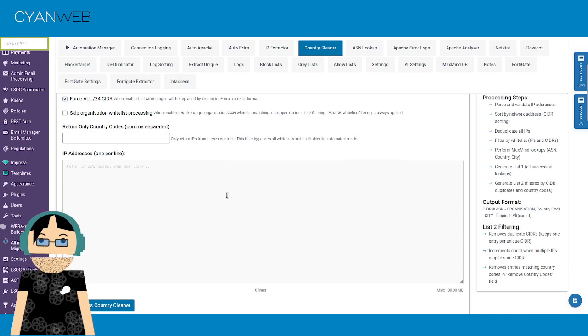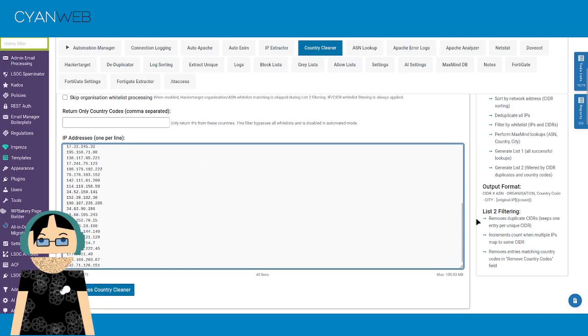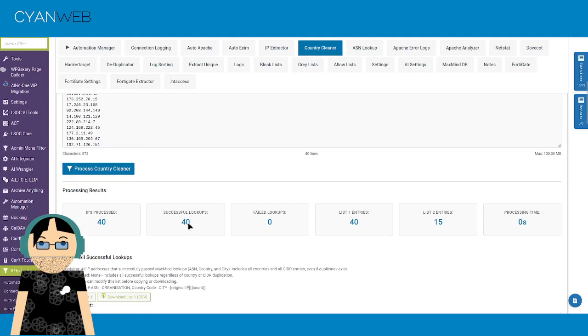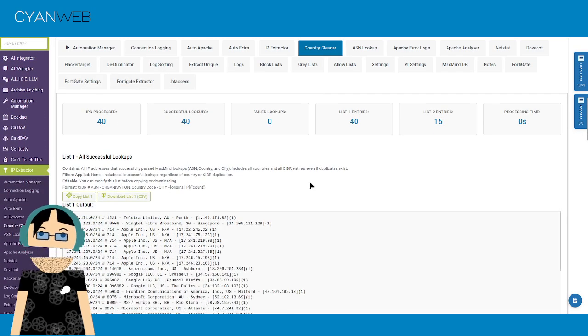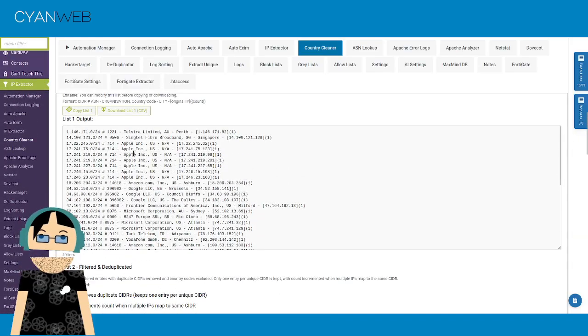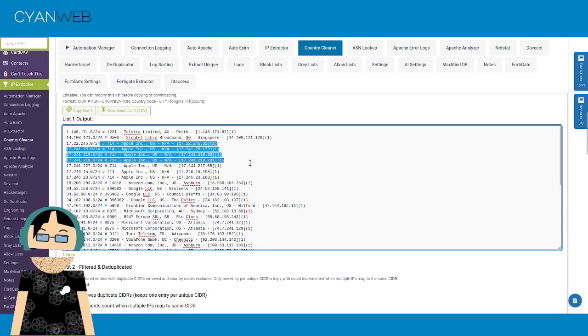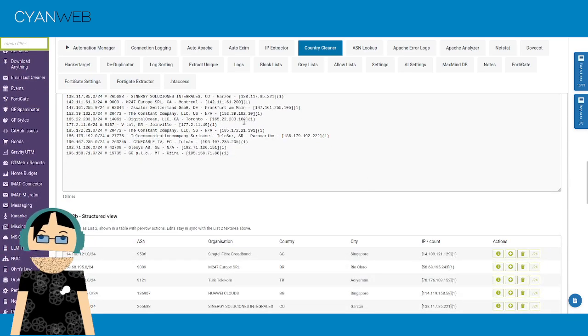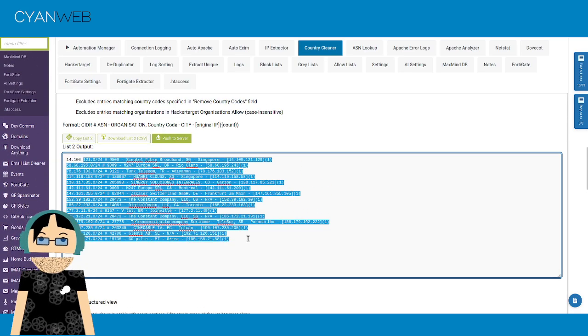This is all unoptimized as well, so it's running a bunch of other software that probably doesn't need to be running. So put this on a small little cloud server somewhere and it's just going to blaze. As fast as WordPress can possibly go with only one or two plugins. That's pretty fast. So this then gets all the information, like who's responsible for the IPs, and then it goes through a deduplication and filtering, and it leaves me with a list that is reasonably going to be blockable without